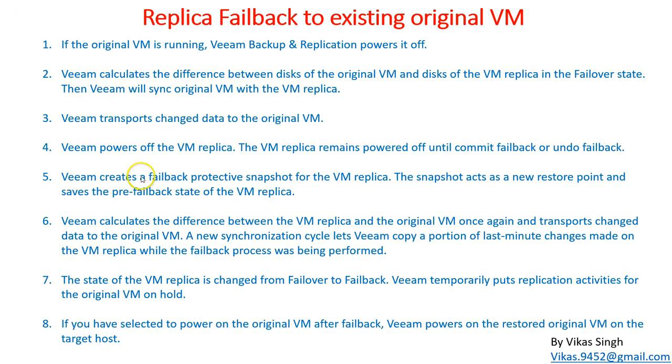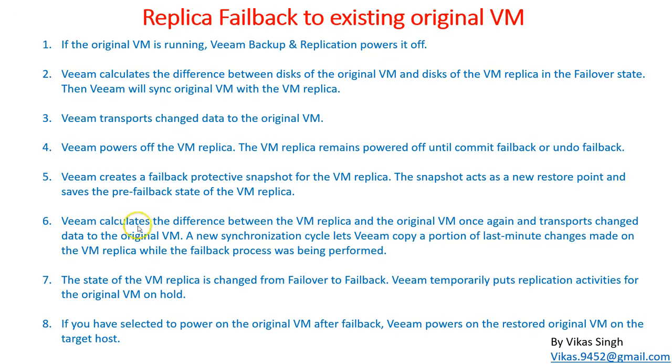So if anything goes wrong after the failback, we have one snapshot automatically created by Veeam Backup and Replication, where we can go back and get the virtual machine in its running state at the latest restore point. Then Veeam calculates the difference between the VM replica and the original virtual machine once again,